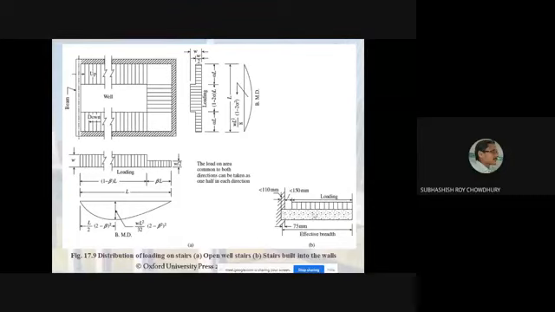It is telling that when it is a longitudinal spanning stair, okay, there is no need to embed the staircase or stair slab within the wall. This is the wall, this is the slab. So there is no need to embed the slab within the wall. But still, in some construction, you will see that this stair slab is embedded within the wall. So if it is embedded at least 110 millimeter within the wall, then code tells that you may assume actually in that case there will be a two-way action.